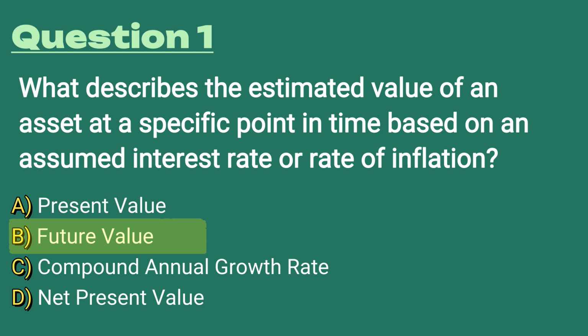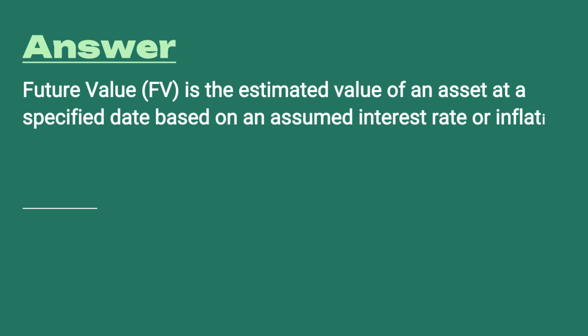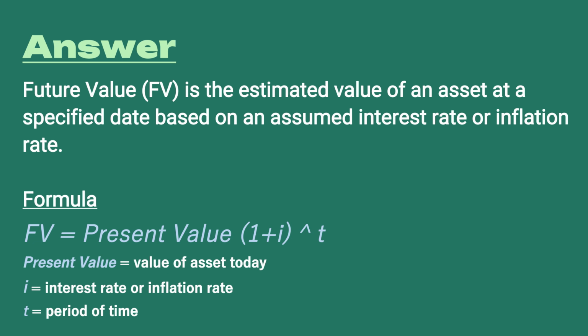The answer is B, future value. Now, this is the time value of money. The future value is an estimated value of an asset at a specific date based on an assumed interest rate or inflation rate. Basically, you're going to take a set rate over a period of time, and you're going to have your starting value, and you're going to use the formula below to calculate what that future value will be